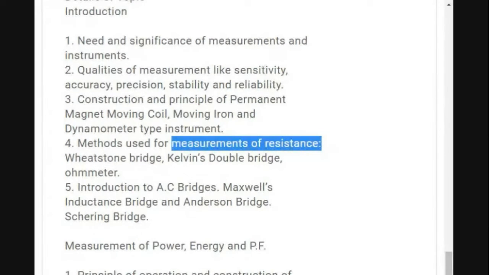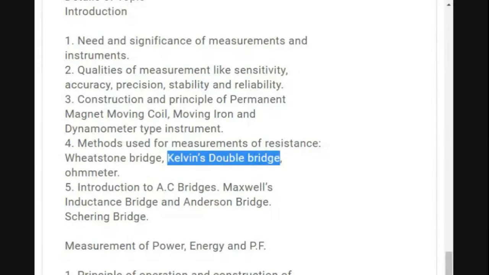This variation is there, so you can see that as per the type, as per the variation, you have different instruments for that. Say for example, if you talk about the medium resistance, the medium resistance can be measured with the help of, yes, Wheatstone bridge, and low resistance is measured by Kelvin double bridge. And if the high resistance is there, which we mostly see for the insulating material, then we will be using the ohm meter. So these all things we have seen.